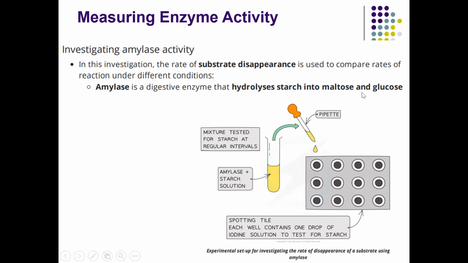Maltose and glucose, both of them are colorless and it is hard to see using our eyes. But if we react the starch, which is the reactant in this chemical reaction, with the iodine, if you remember that the iodine and starch give the color of blue black. Okay, so if the starch is still present in the solution, the blue black color can be shown. But if the starch has already broken down into maltose and glucose, when we put the iodine into the solution, there is no blue black present, which becomes negative.